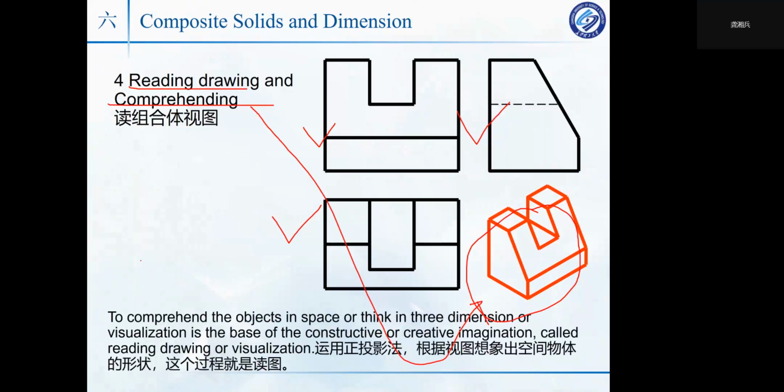To comprehend an object in space, or to think in three dimensions, use your imagination to do the visualization in your brain. This is the base of constructive and creative imagination. Call it reading, drawing, and visualization. We use the three projections, view projection, or the orthographic projection. You combine them together to make a three-dimensional